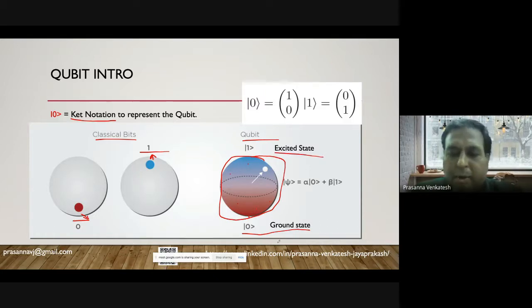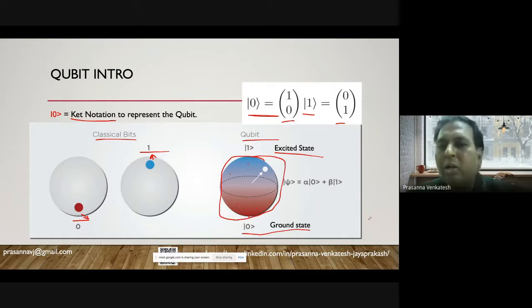Whether you put it at the bottom or top doesn't matter, but effectively, in this whole sphere of space, my qubit can be in a ground state, an excited state, or any state in between. That is what is represented by the Ket notation here. If it is in the ground state, that is represented by the vector 1 0. If it is in the up state, that is the excited state, it is represented by this.